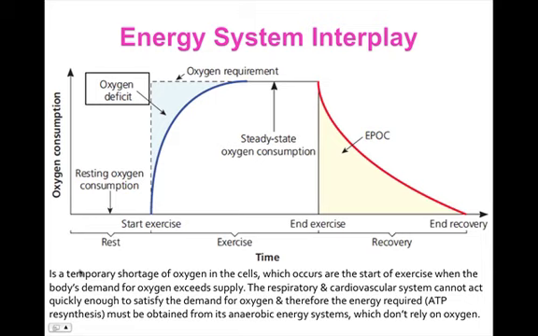which occurs at the start of exercise when the body's demand for oxygen exceeds supply. The respiratory and cardiovascular system can't act quick enough to satisfy the demand for oxygen, and therefore the energy required must be obtained from its anaerobic energy systems, including the ATP-PC system and anaerobic glycolysis, and they don't rely on oxygen. So whenever we see oxygen deficit, it's clear to say that the anaerobic systems are the main contributor to